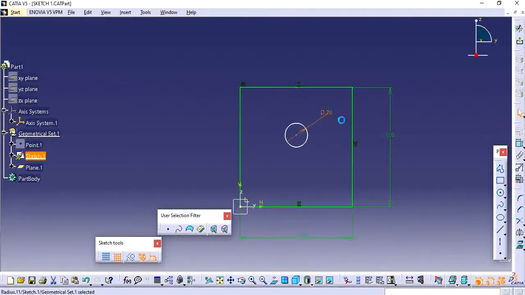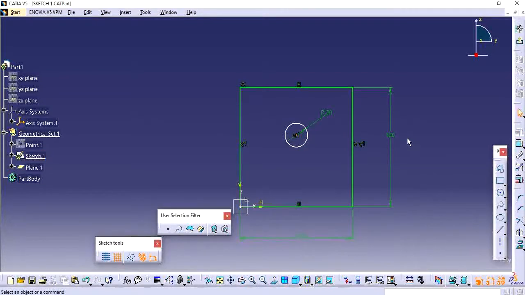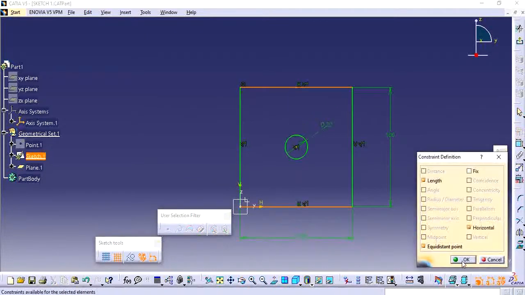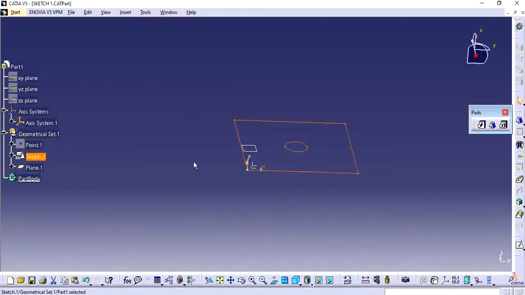Again I'm constraining. In this scenario, just keep this one as symmetry. For symmetry, we need to click this. So I have two different features.